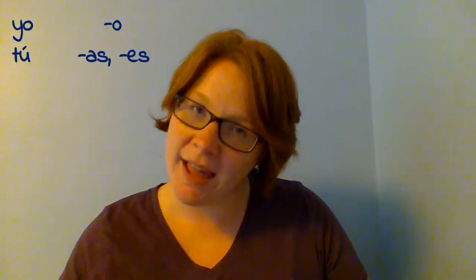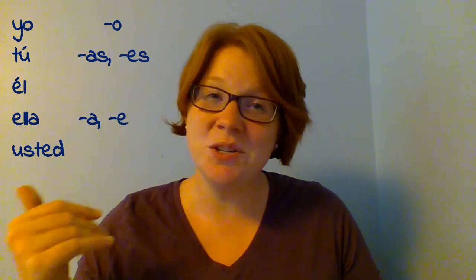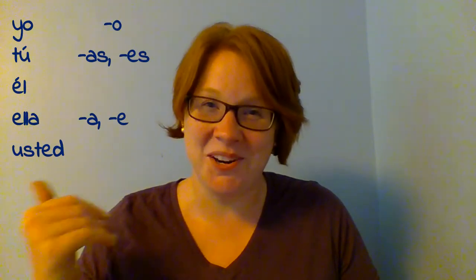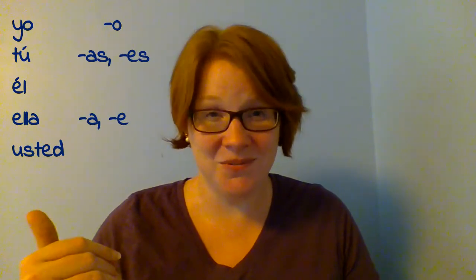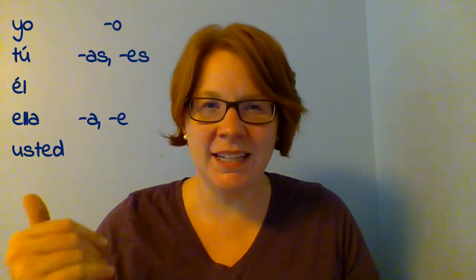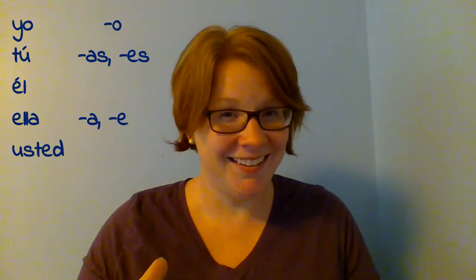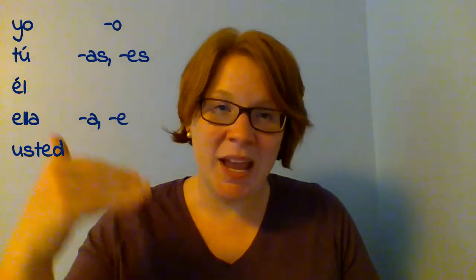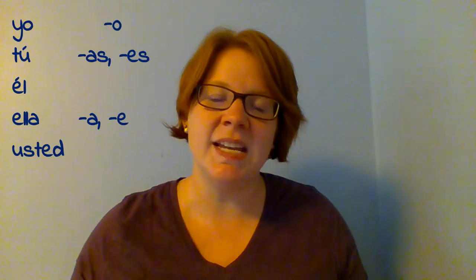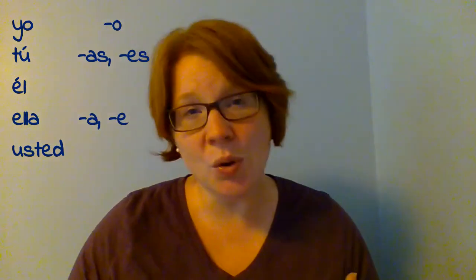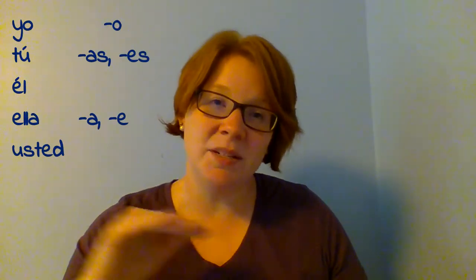Okay. Now below that one was the he, she form, él, ella. But really there's three things that live on that floor of the house. It's él, ella, usted. Usted lives down there too. And what was the verb ending down there with él and ella? That was the one that was straight up an a or an e, right? So the way you're going to show your respect in these sentences and in these questions when you're talking to somebody is if it's informal, somebody you know really well or somebody your age, somebody in your family, you're going to keep the S on that verb and you're going to use the tú form.